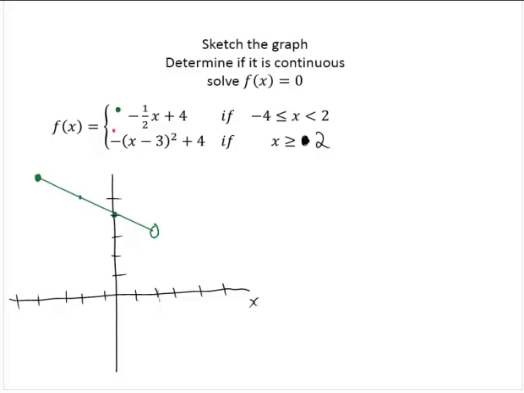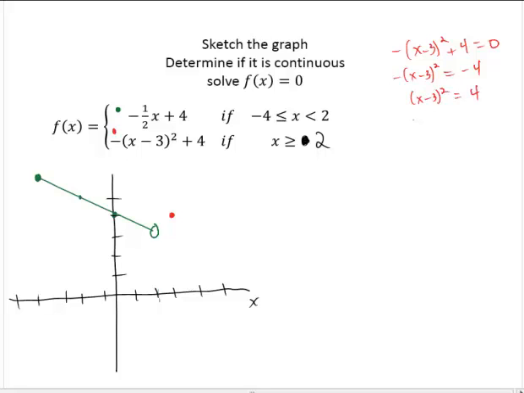Now we look at the second part of the function, negative quantity x minus 3 squared plus 4. Notice that that's a transformation of the basic quadratic function with vertex 3, 4. So let me plot the vertex at 3, 4, and it's opening down. We could find things like the x-intercepts. So let's see, negative x minus 3 squared plus 4 equals 0. If I subtract the 4, divide by the negative 1,